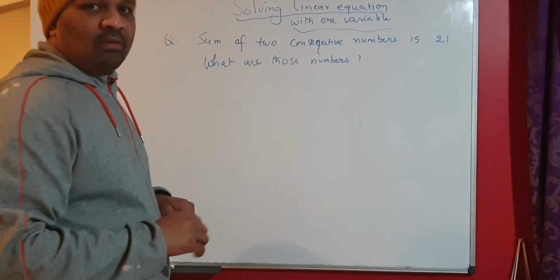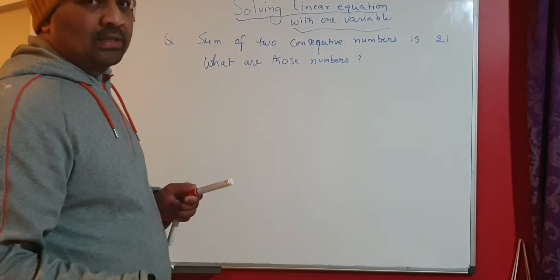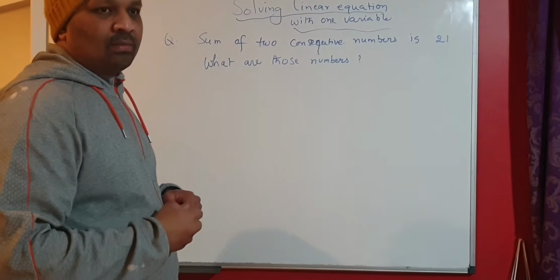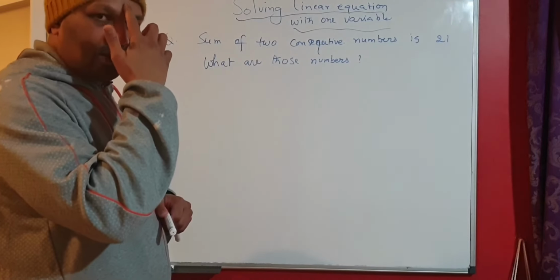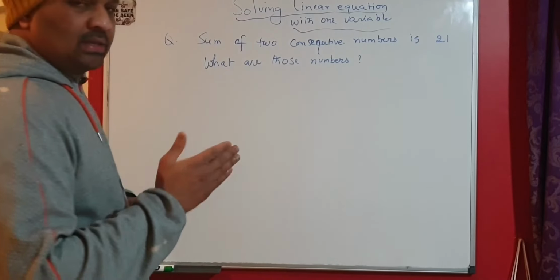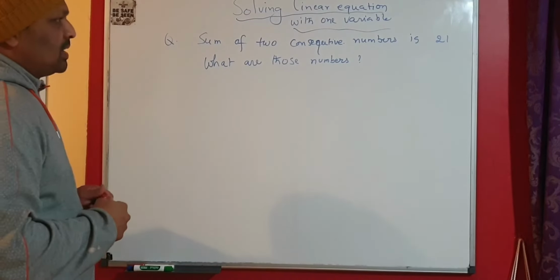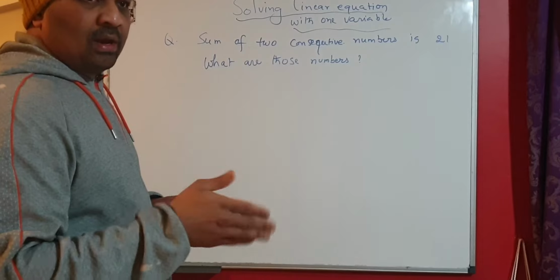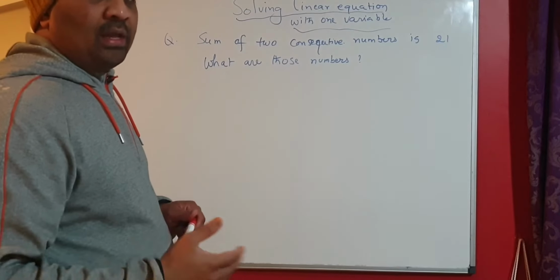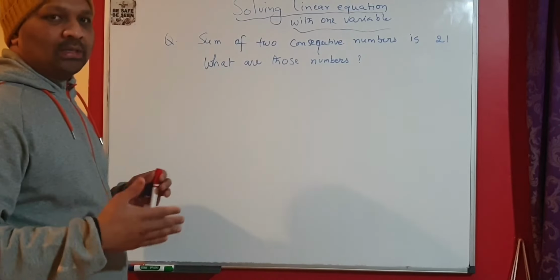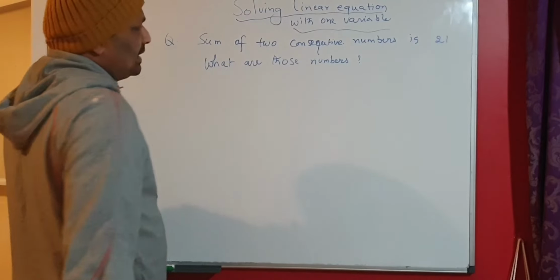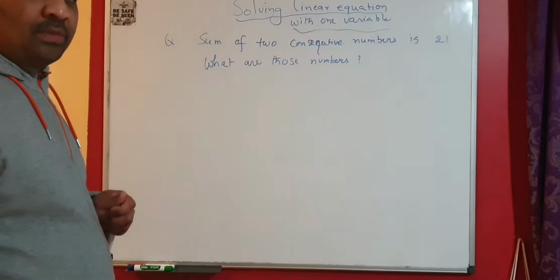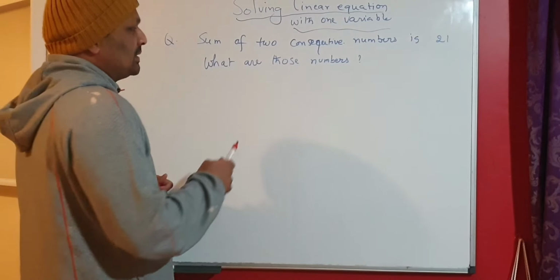What are the consecutive numbers? For example, 10 is one number. The next number is 11. Those two are consecutive numbers. Say if you take the number 20, 20 and 21 are consecutive numbers. Similarly, 7 and 8 are consecutive numbers. So 7 is one number, and when you add 1 to the 7, you get an 8. So that's why you get two consecutive numbers. So the statement given here is sum of two consecutive numbers. So one of them you can consider as an x.